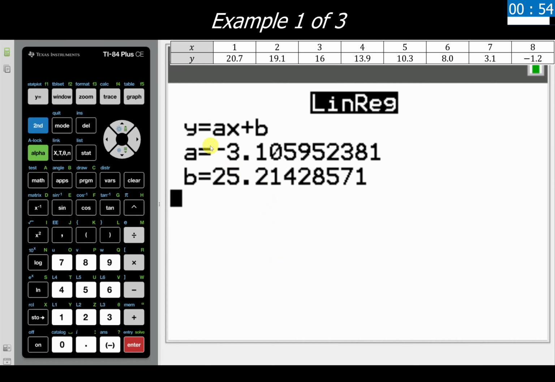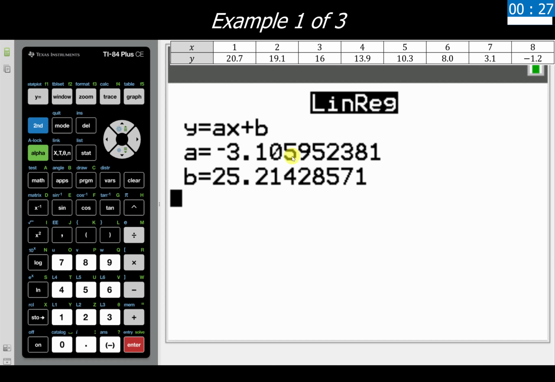So fantastic. We have our equation y equals ax plus b. This is telling us that a is negative 3.105952. So see where we get this really gross, terrible decimal showing up. We don't like that. So we're going to round to 3 decimal places, which means that this a is going to be replaced with negative 3.106.